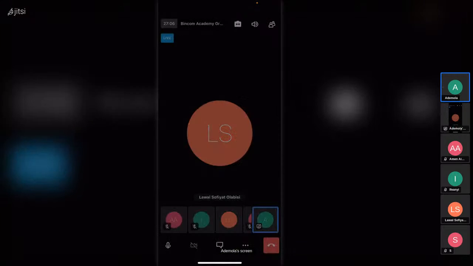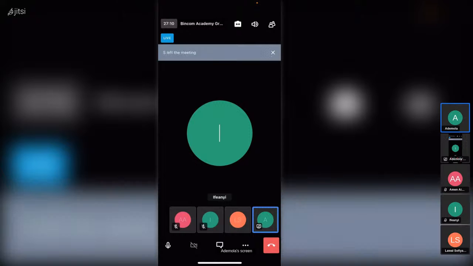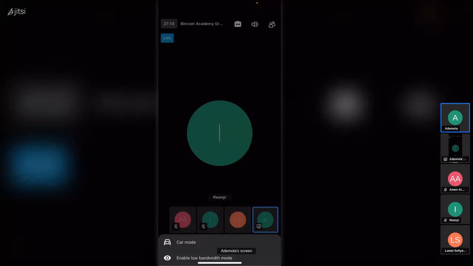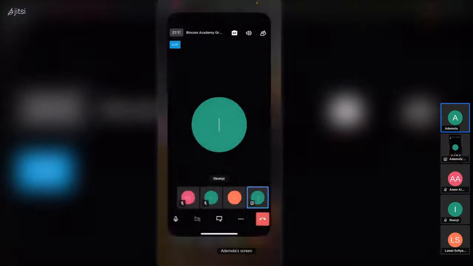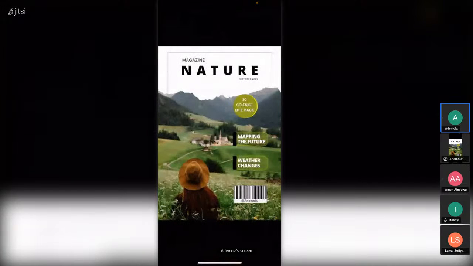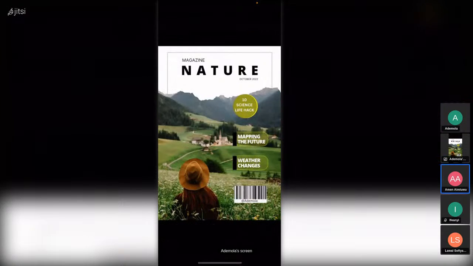Can you see my screen, right? Yes, I can see. Okay, this is my design. Can you see my design? Yeah.